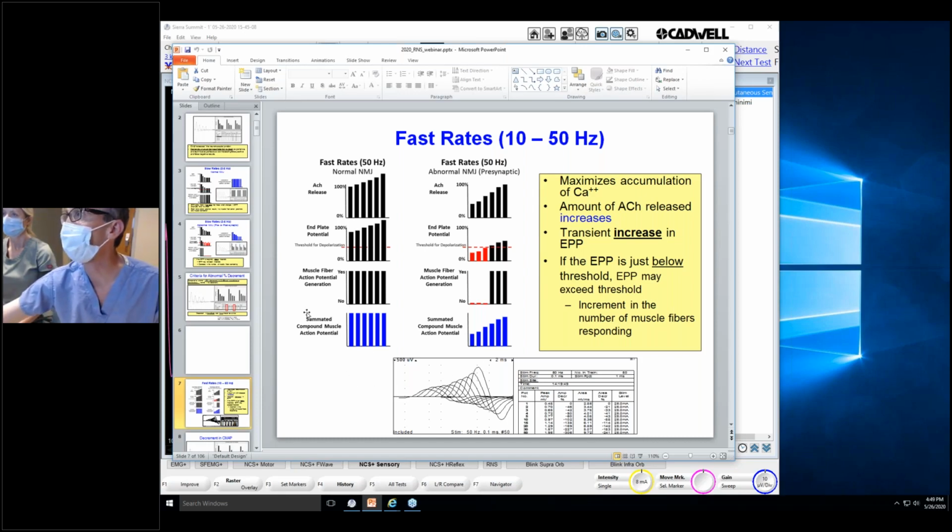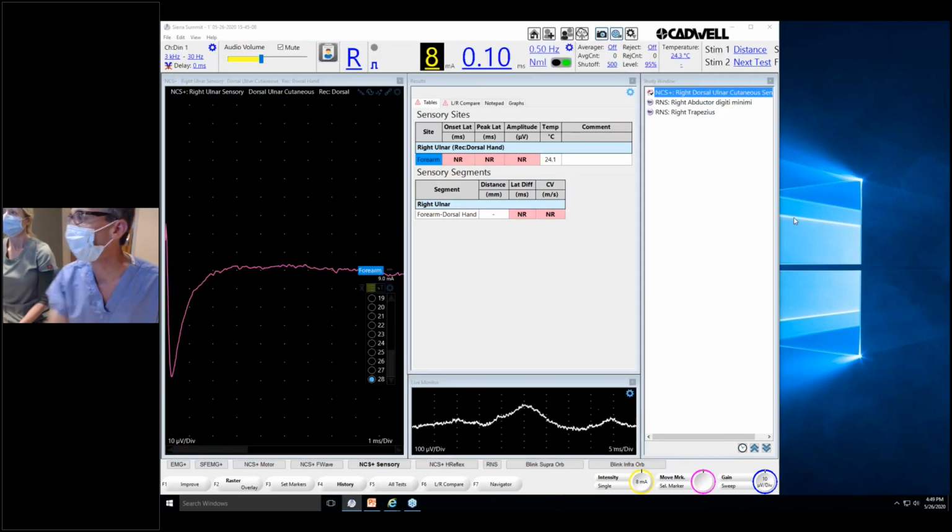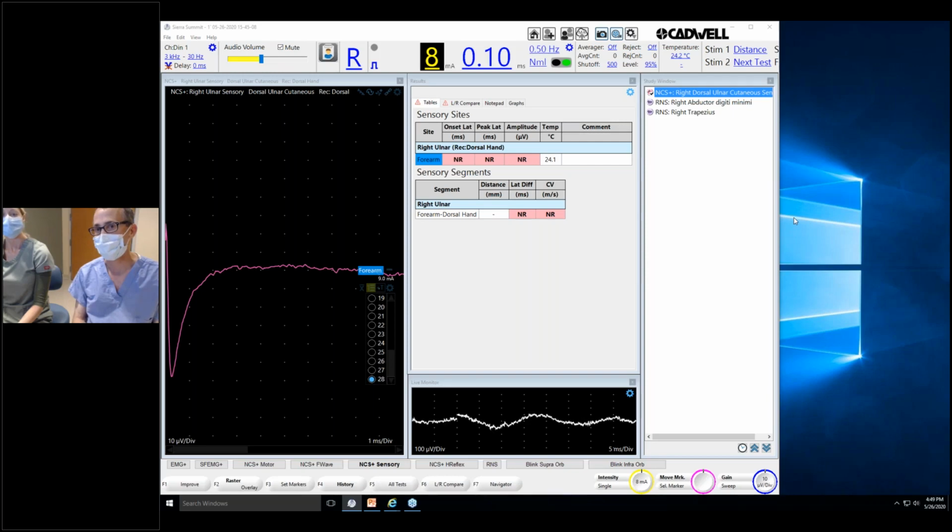So that's the lecture part of this, the concepts of this. And what we thought we would do is start off and demonstrate some of the common nerves in our protocol on which we often perform repetitive nerve stimulation. I would say,